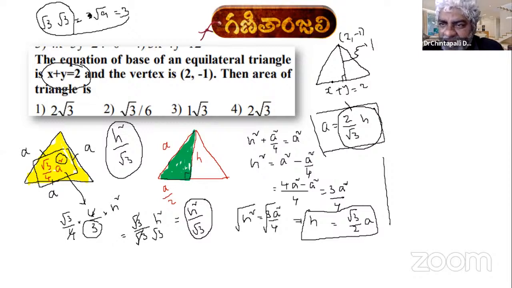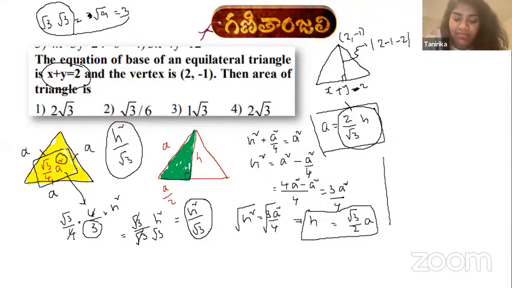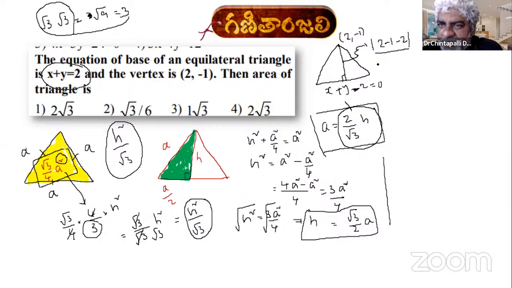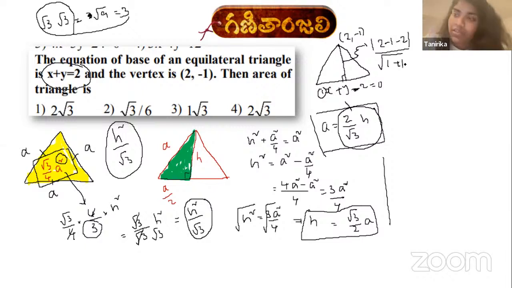Tell now. l alpha means x coordinate in x plus y, right? Yes, sir. Mod of 2 minus 1 minus 2. Plus 2 will become minus 2 if we bring it to the left hand side. By the square root of l square plus m square. The x coefficient is 1, so 1 square plus 1 square. So its answer is